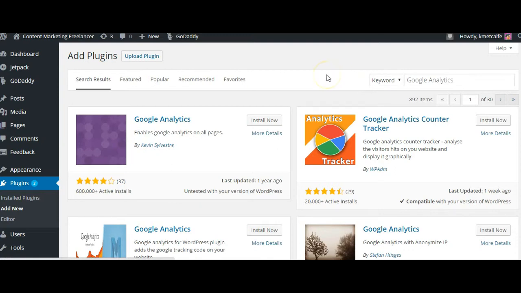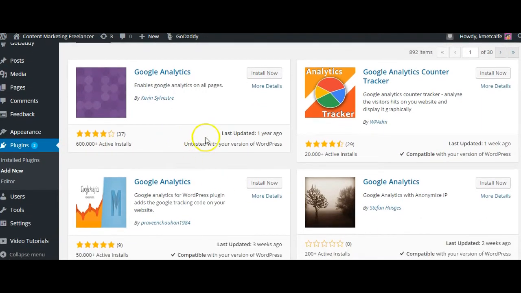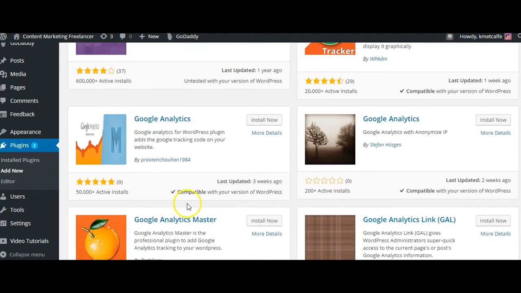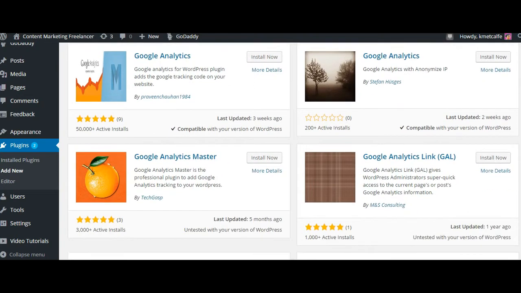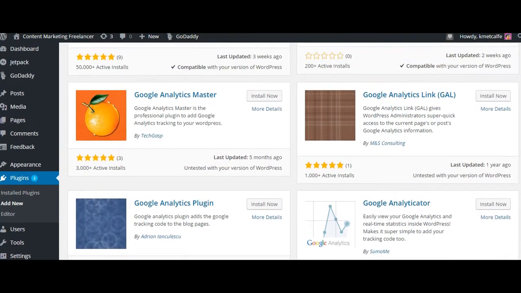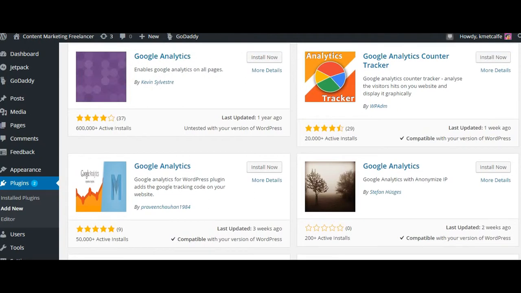and that plugin should come up. All right, here we are now. So we have some options here. You're going to look for the one that is compatible with your version of WordPress. Now, this is untested with my version of WordPress, so I wouldn't use this one at all. This one here, Google Analytics Counter Tracker, is compatible with my version of WordPress. And this one also is compatible with my version of WordPress. So you just go through and you choose the one that you think is most suitable. Now I am going to choose